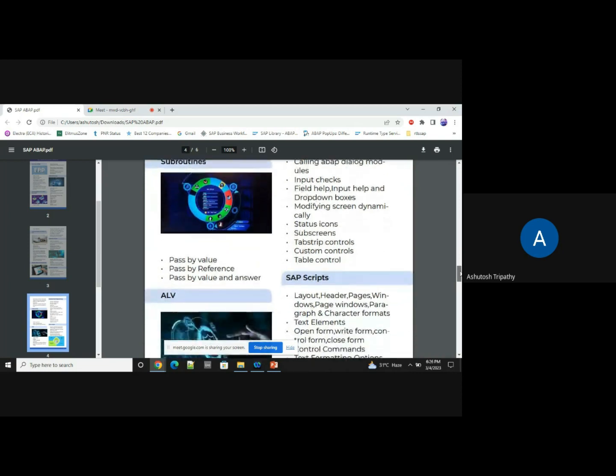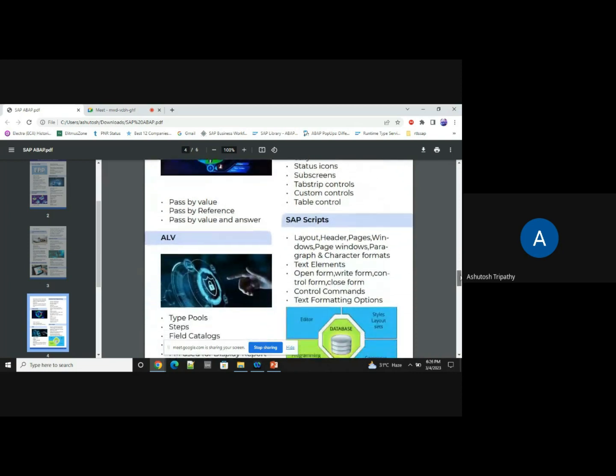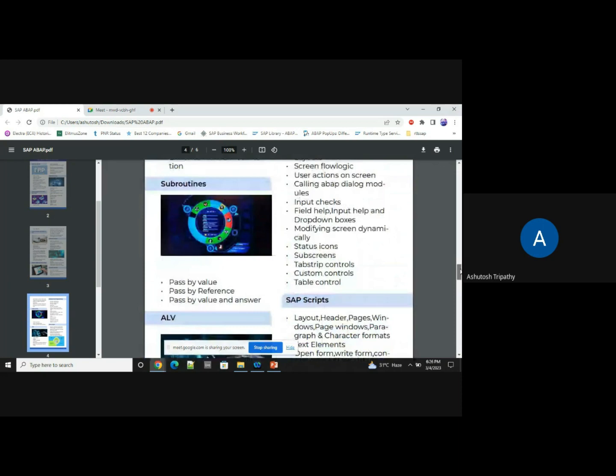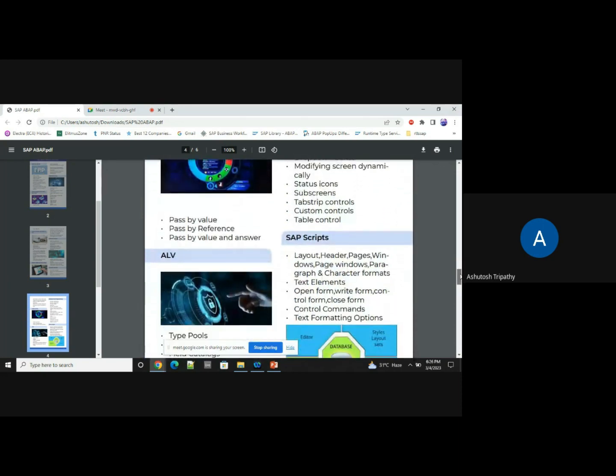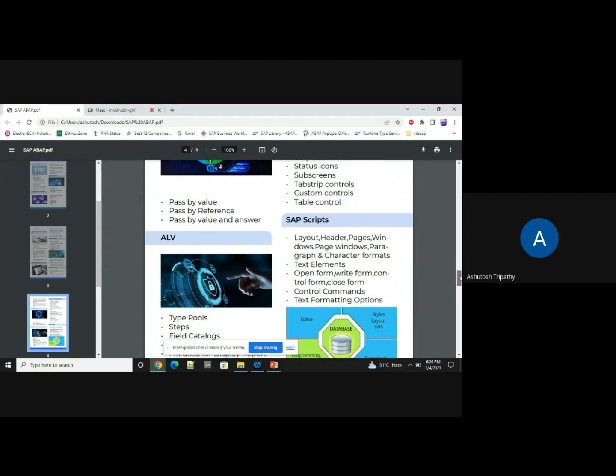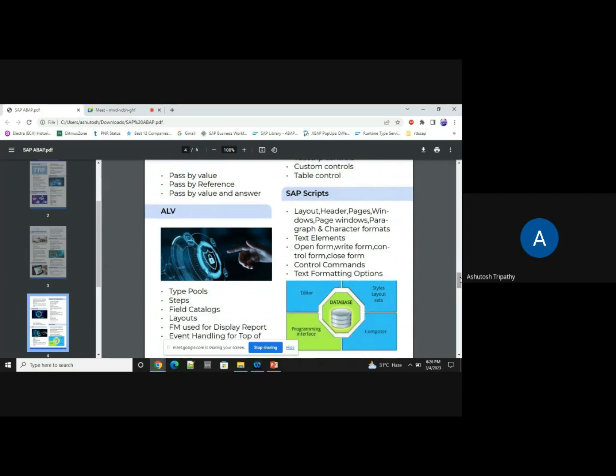So far, whatever things we have learned, next whatever appears here, ALV, SAP script and forms, we will be utilizing all this information learned until MPP. ALV is nothing but a smart reporting concept. If you know function modules, then you can use the standard SAP-given function modules to create ALV reports. So why do we need ALV reports? Because in the market, nobody uses the older way of creating interactive or basic reports.